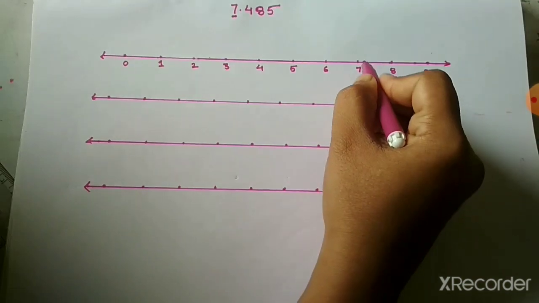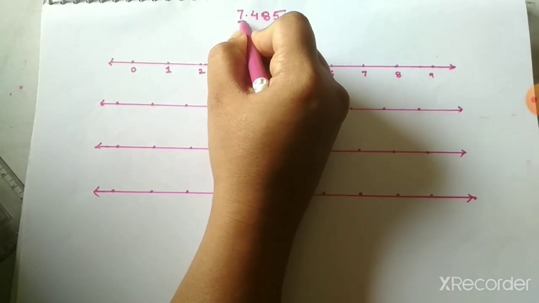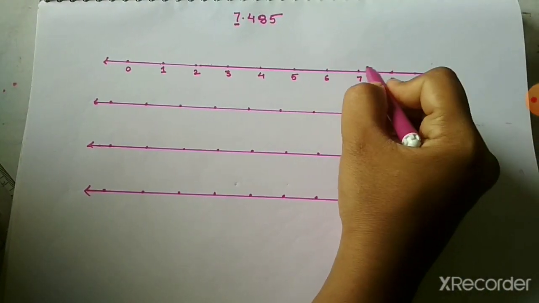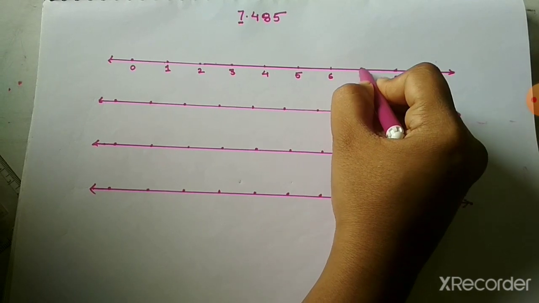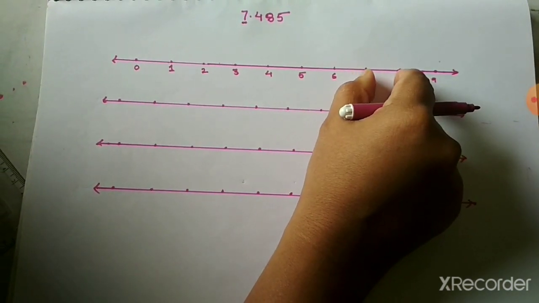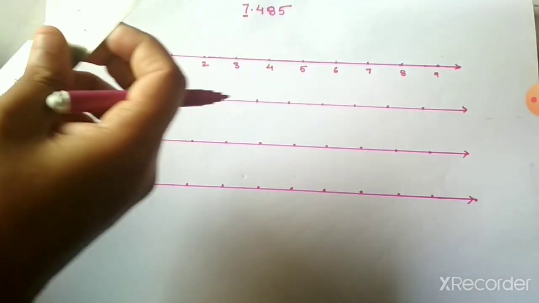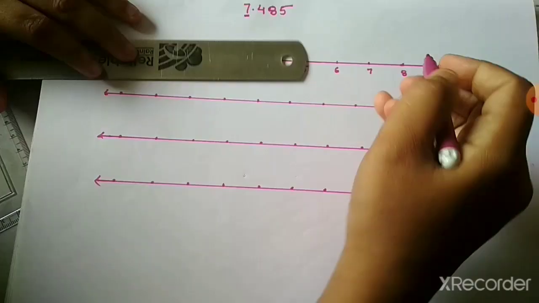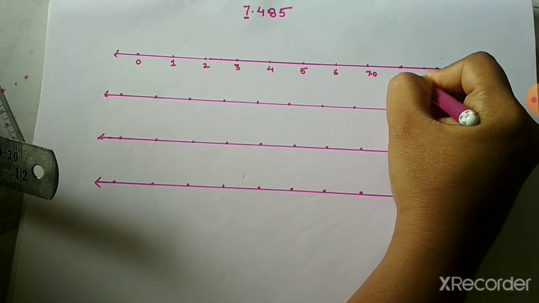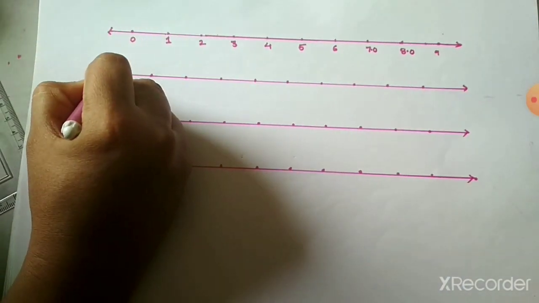Now where will the number 7 come? The question is 7.4. That means a number greater than 7. So where will this point lie? It will lie between 7 and 8. Is it correct? So we will magnify this 7 to 8 distance again over here. So I will just draw a line. That means this 7 is nothing but 7.0 and 8 is 8.0, and we will magnify this distance here